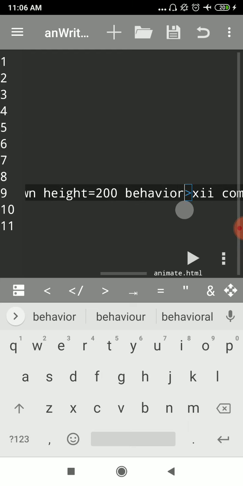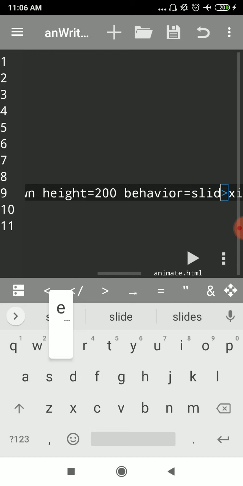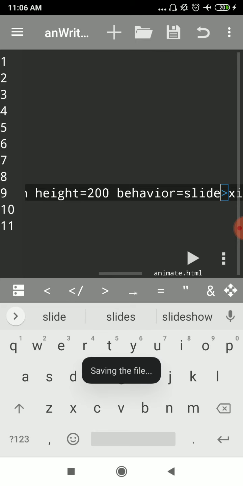You can use this property, put the equal to sign, and give the type of scrolling that you want. Here also we have three values: scroll, slide and alternate. What you see by default is the scroll behavior. Now let me change it to slide. I will tell you what happens with all three.